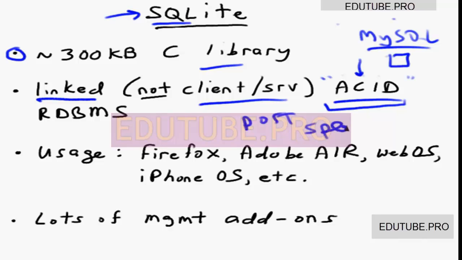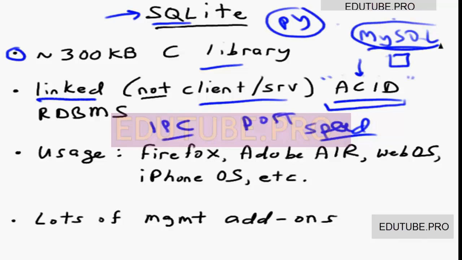Another one is speed, tremendous speed, because we don't have any latency introduced with inter-process communications, or IPC traffic. In other words, you have your Python program running in one process on the system, and then let's say mysqld running as another process. There's obviously going to be some latency there with those inter-process communications. Here, your Python application and your SQLite run in the same process, so it's